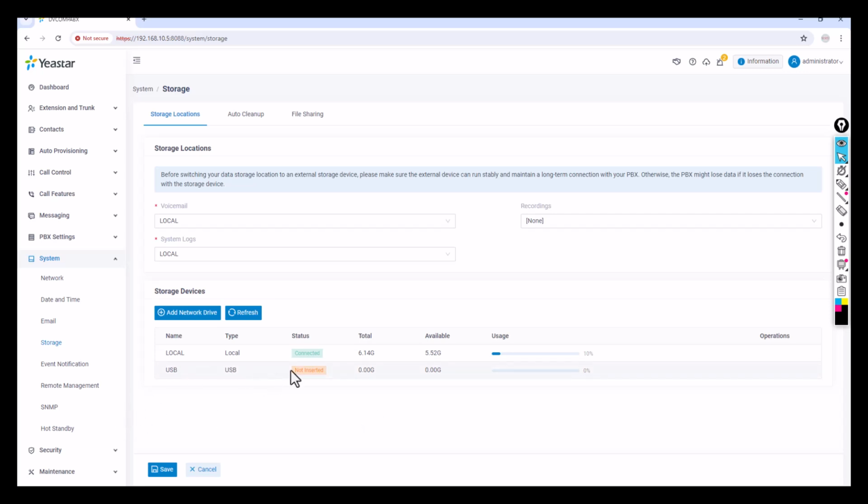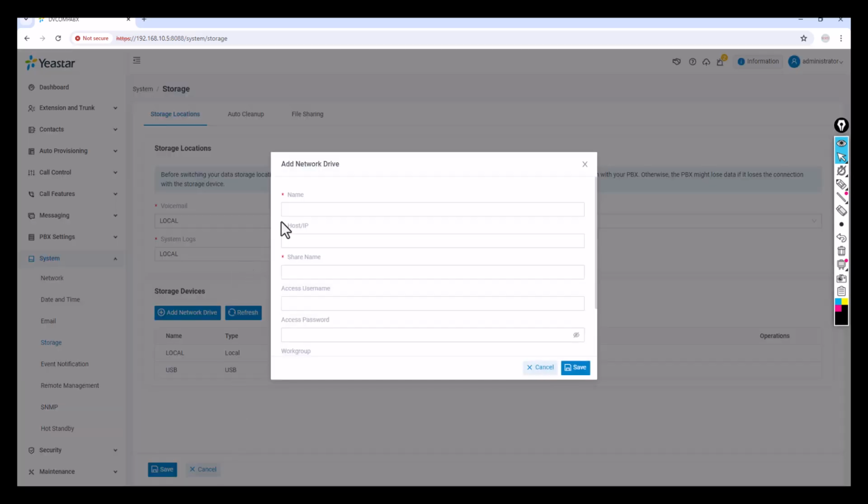And by the way, it comes with a USB port, guys. This is the P550 series, so you can select the USB dongle, just insert it and keep it in your USB port, because I don't recommend local storage for recordings or anything. And voicemail and all, once you select the storage, you can do it. And one more interesting thing is that if you want to add a network drive, you just click on add network drive, and you can add it as well. That's the beauty of that. You can create a shared folder, or if you have a NAS storage or anything, you can directly integrate it with your PABX. That's really the beauty of it.